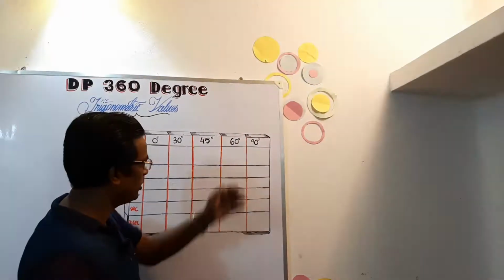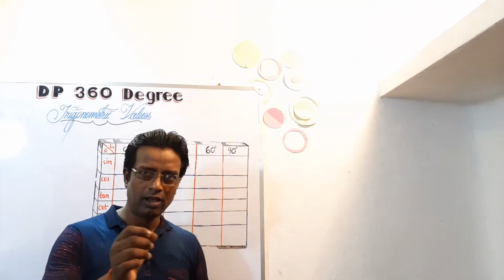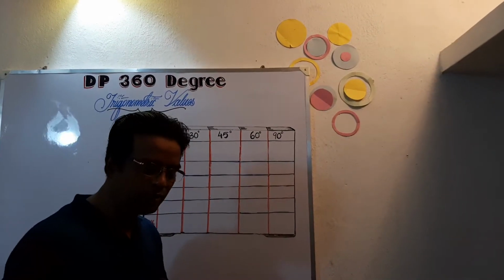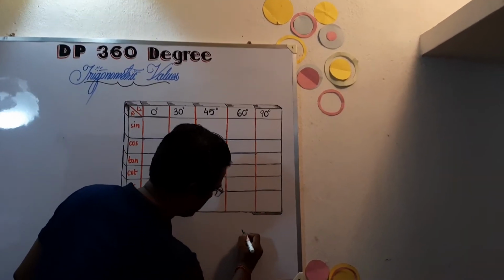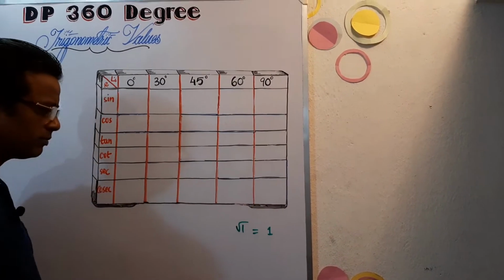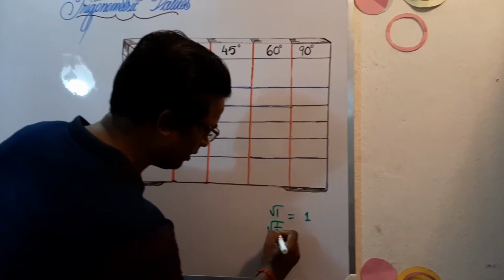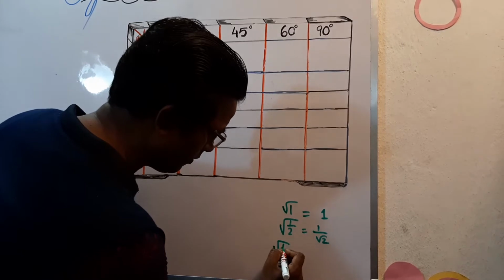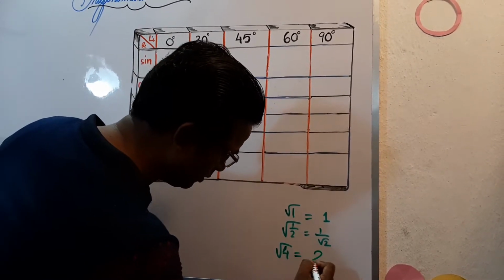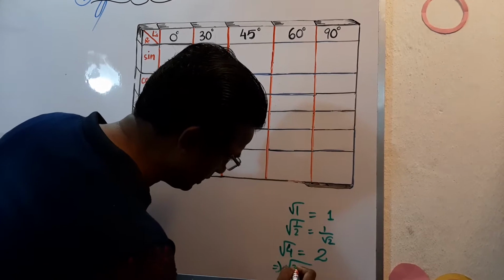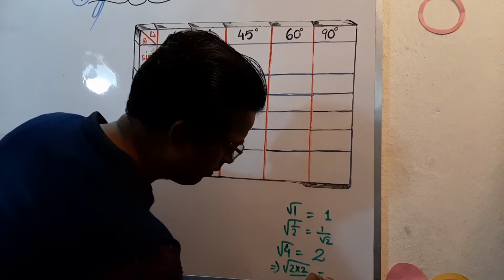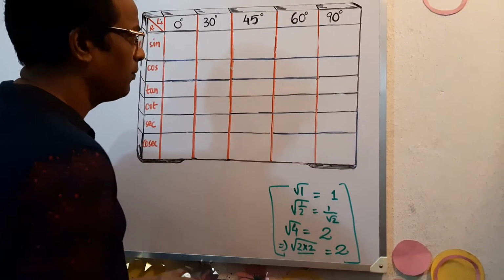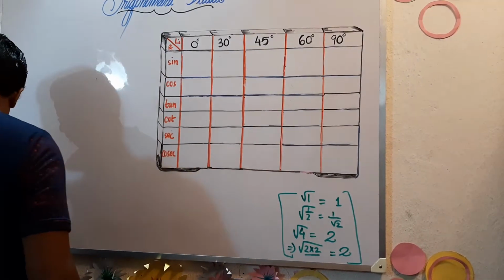But before exploring the values, some basic fundamentals of squares or square roots rather are very important. Most of you know, but still I would like to go through it. Square root of 1 is always 1, and square root of 1 by 2 is 1 upon root 2, and square root of 4 is 2. How? I will tell you. For square root of 4, the factors are 2 into 2, pairing, 2 will come out, and that's the reason. These are the only prerequisites you should know beforehand.